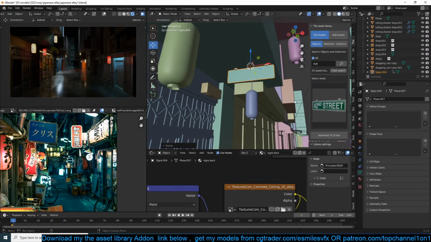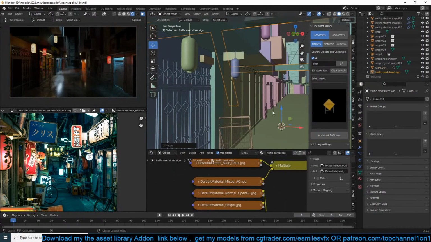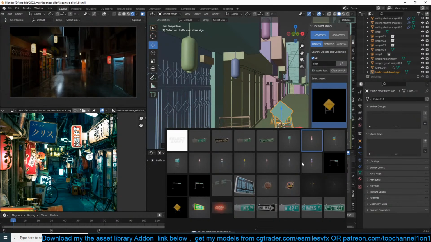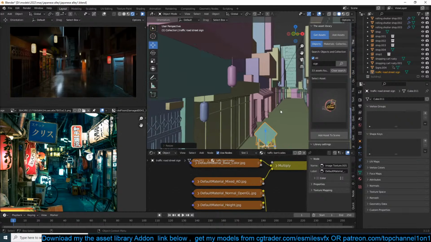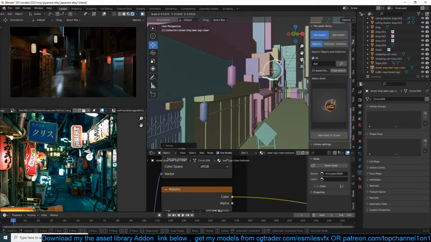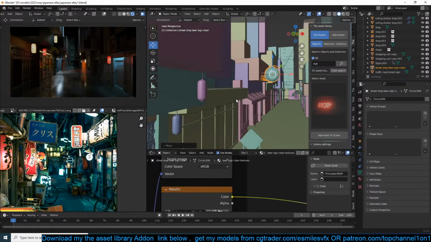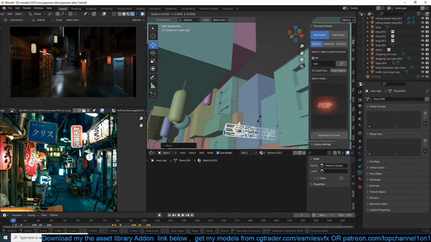This is a street name. Maybe may not work. Signage. And this street sign. It's just the beauty of having your own library. I have this top channel cafe signage that we made.